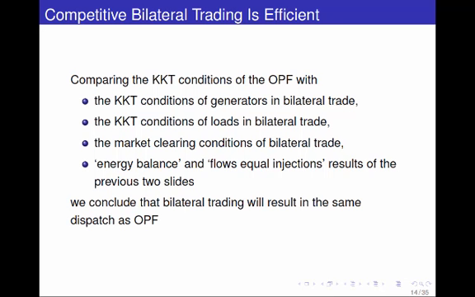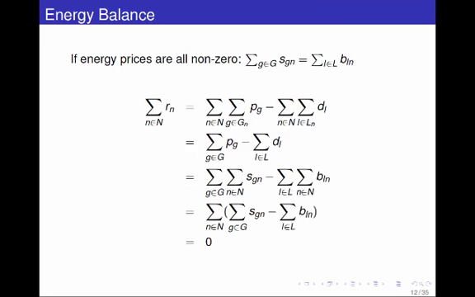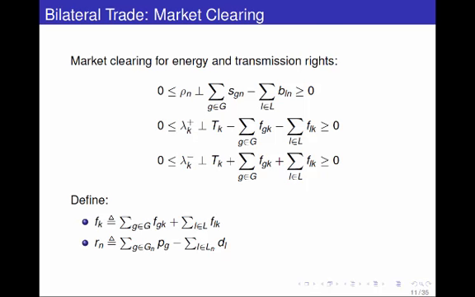Instead of creating this enormous set of KKT conditions that accurately describes bilateral trade, you can just solve a single optimization problem, the centralized optimization problem, and get the exact same result. So you can simulate a bilateral market by solving a centralized optimization problem. The gain is that you can collapse all these decisions and enormously reduce the dimensionality of the problem. And that's how the first electricity market simulation models were set up in the United States,